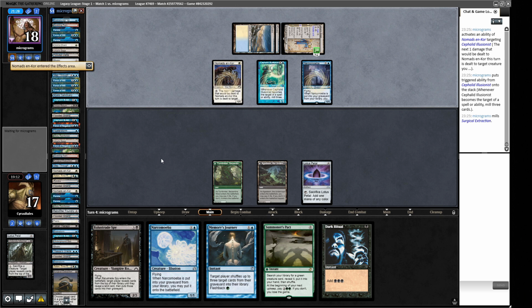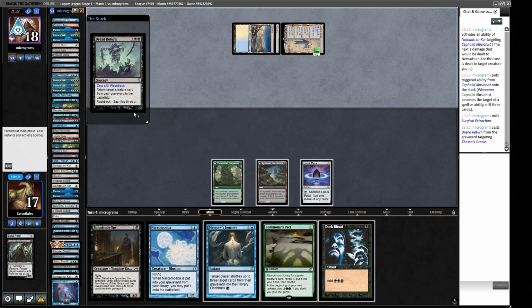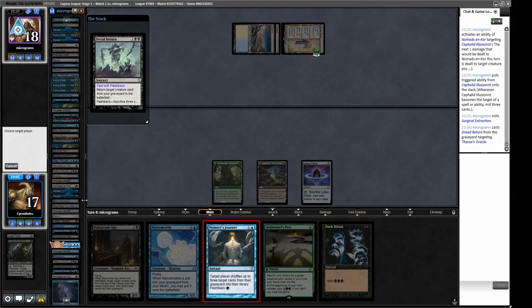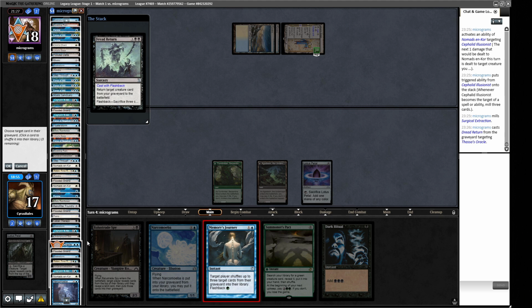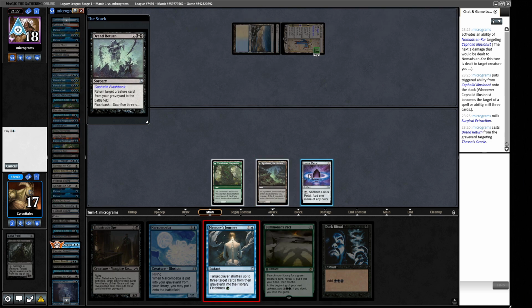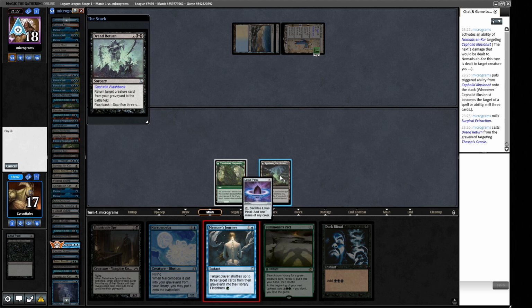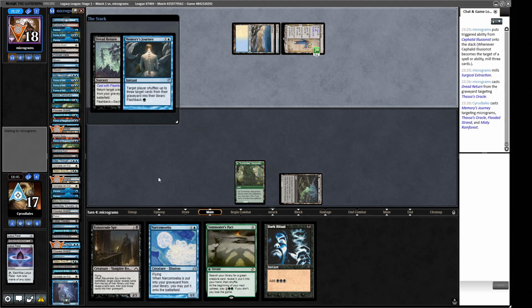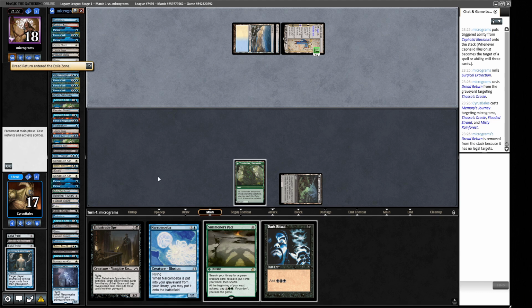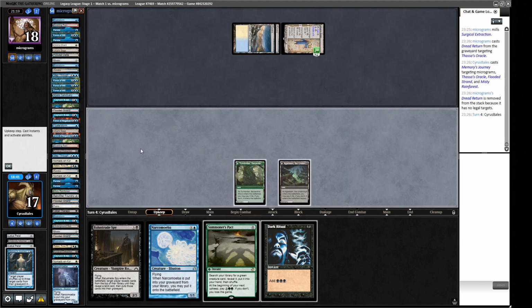Okay. So what we're going to do is buy ourselves another turn here. This is targeting the Oracle. So we're going to cast this, targeting their Thassa's Oracle, and we're going to put some just useless lands into their library, just so that they've got less chance of drawing the Thassa's Oracle here. Let's tap this for blue, tap this for black, and then we can also flash back the Memory's Journey if we need to. So this doesn't have any targets. They can cast the Thassa's Oracle from their